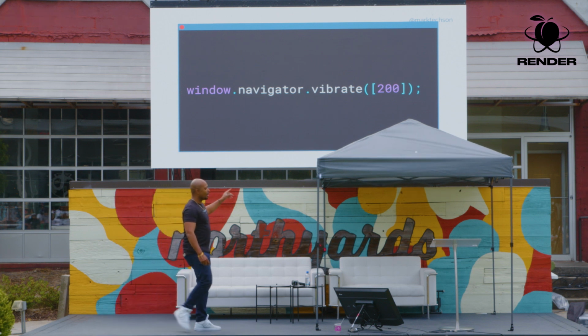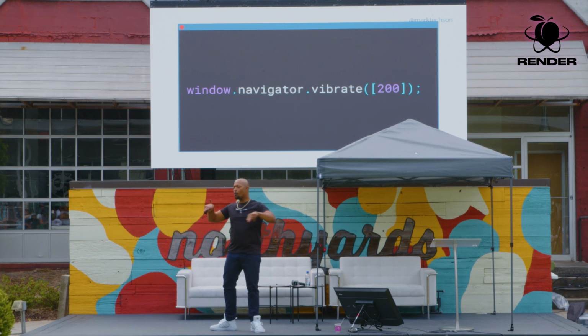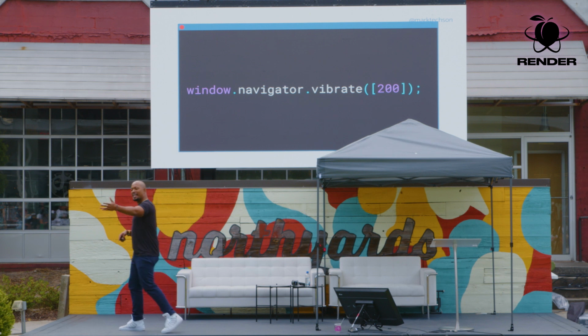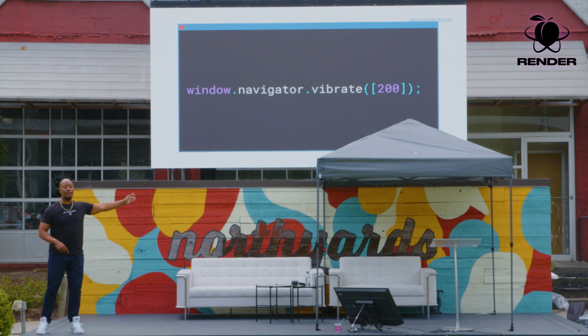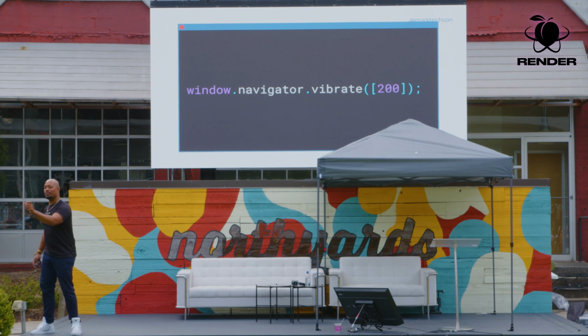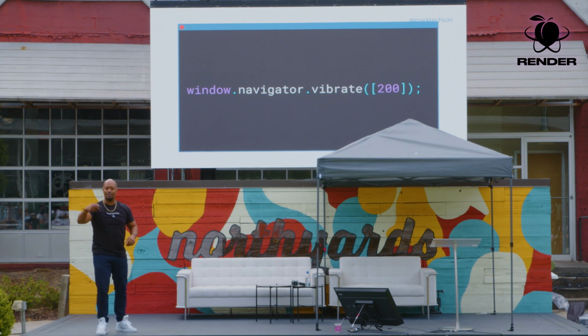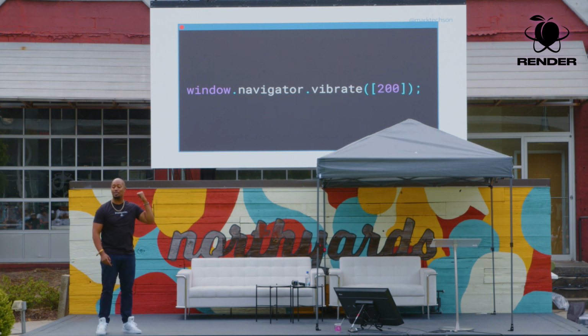That's what it took. I used the window, the global window for the browser. I get the navigator object, and then I just call vibrate. And then in the parentheses, that number represents how long it's going to vibrate in milliseconds. If you want it to vibrate in a pattern, like a little zit, zit, zit, you do 100, 100, 100. You see there? And this is the API that you need to do it.